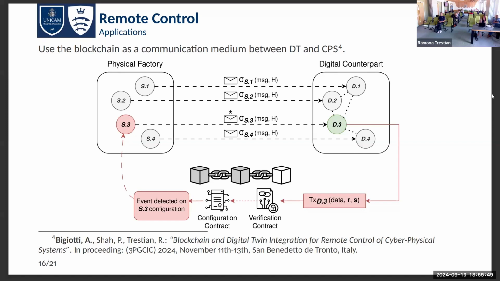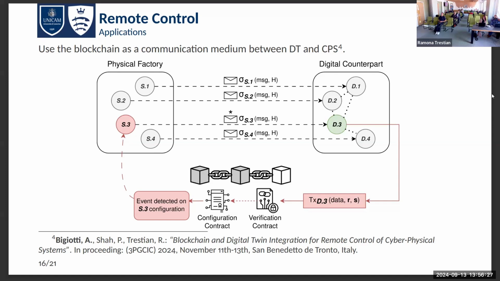And using a traceability scheme, they send a transaction to the blockchain. And in the blockchain, we have a verification code that is in charge of verifying the transaction signed by all the digital twin components. And clearly, if the verification passes, there is a configuration code that stores all the configuration of the physical factory. That can be, for example, the speed of the belt line, the heating, the pressure of the heating treatment, the pressure to be applied in the pressure treatment.